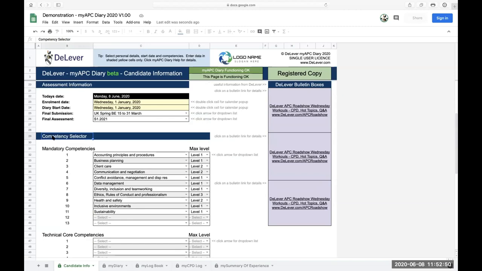So the idea behind the myAPC diaries is complete flexibility and management of your process. So we have also built a little bit of redundancy into the system. So at the moment we have 10 competencies mentioned here, or is it 11? 11 competencies mentioned. So we have the latest 2018 version with inclusive environments, and you've got diversity, inclusion, and teamworking, which are new mandatory competencies. So we've also got a couple of spare boxes here. These are for when RSS add any more to the mandatory list,